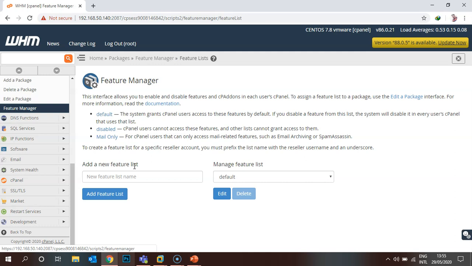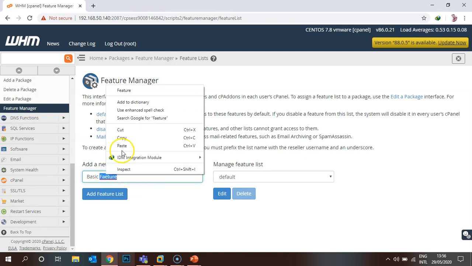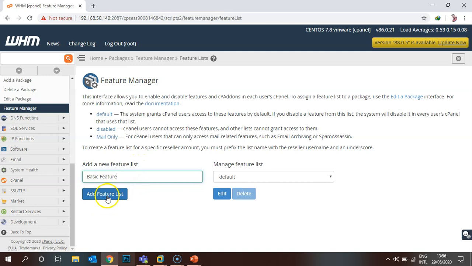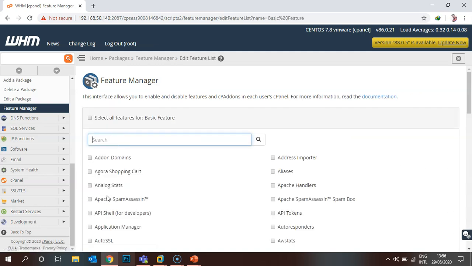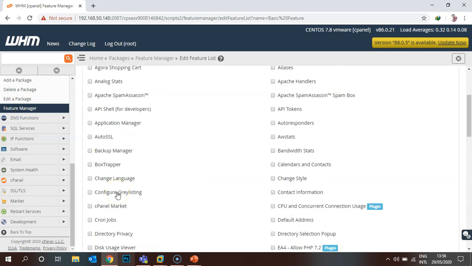If you want to create your own feature list, you can also create a new one. Let's create a feature list called basic features. I'll click on add a feature list. You can see n number of features under the list.